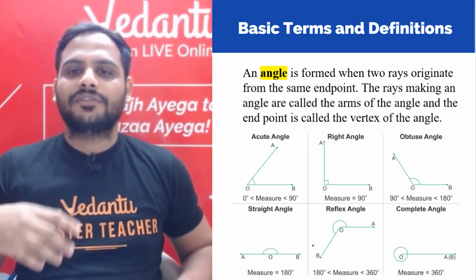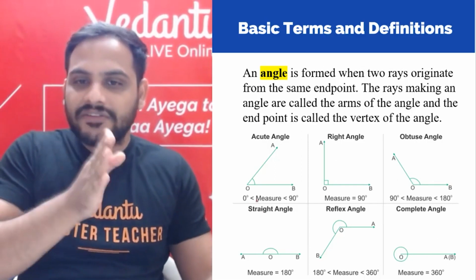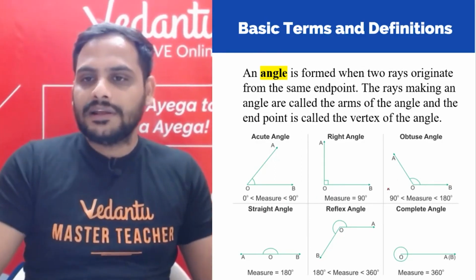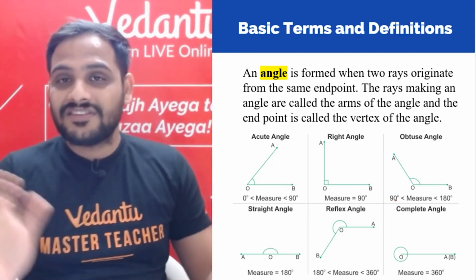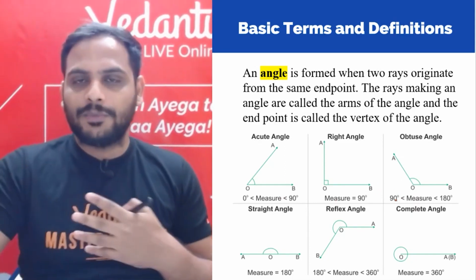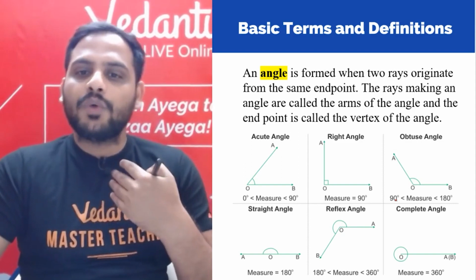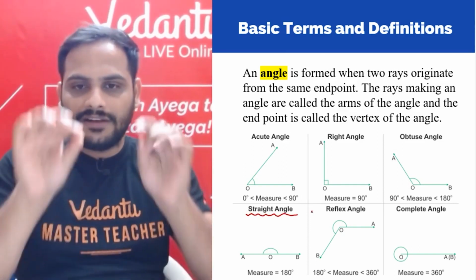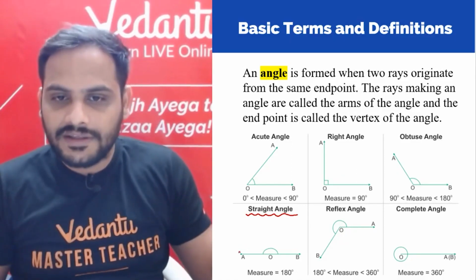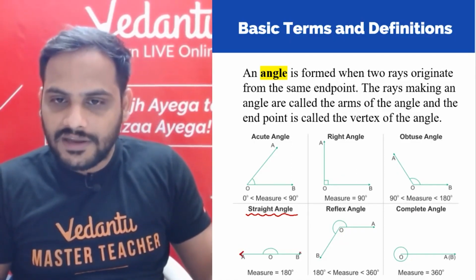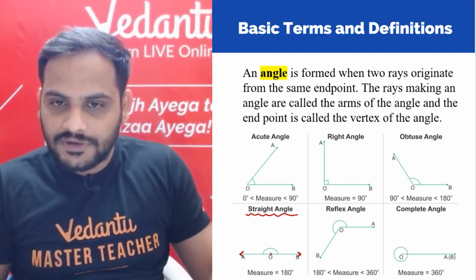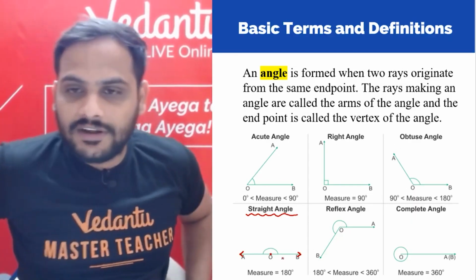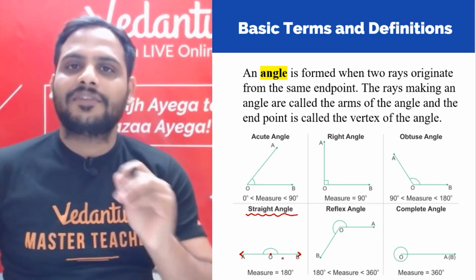Now types of angles. So we have acute angle which is between 0 to 90. Then we have right angle which is equal to 90. Then if it is more than 90 but less than 180, it is obtuse angle, like 120, 150. If it is equal to 180, we call it straight angle. Now why do we call it straight angle? Because when the angle is 180 degrees, two rays are exactly in opposite directions and they form a straight line. So that is why it is called straight angle.